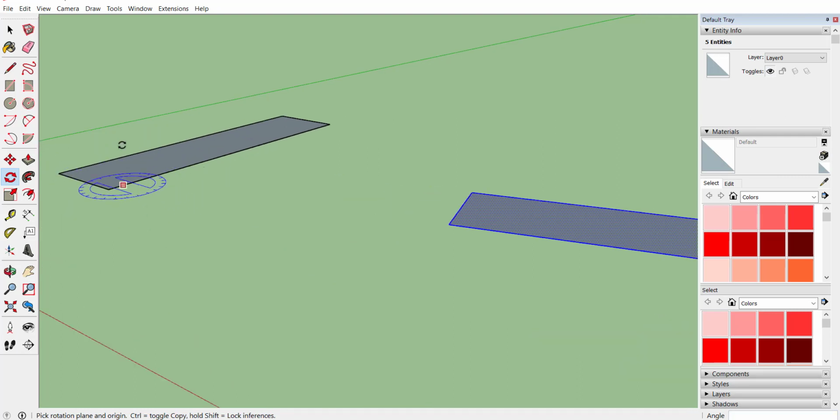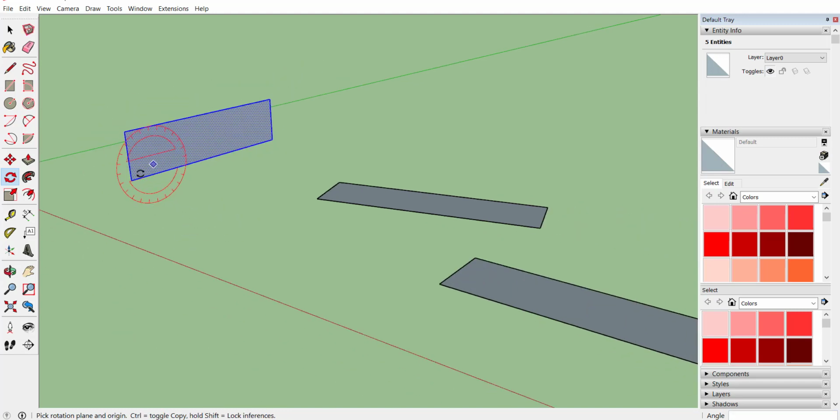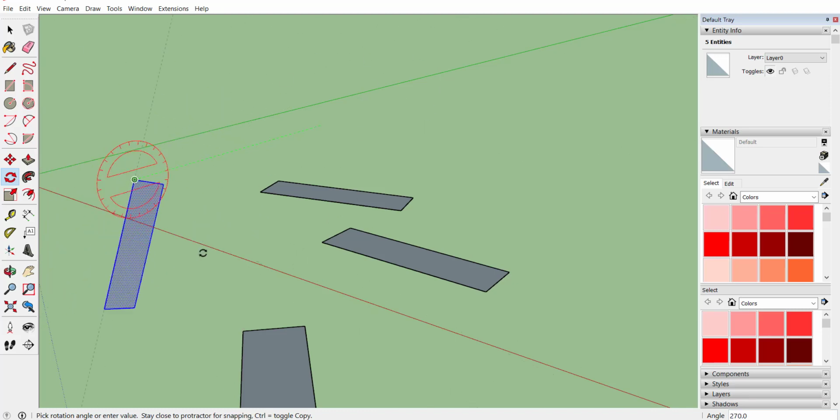Now if I want to rotate it with reference to the green axis, hit the left arrow key, pick up the point, axis. Now you can rotate that object with reference to the green axis. Consider the rotation angle as 90 degrees. Type 90 and hit enter. Similar way, to rotate any object in the red axis, just hit the right arrow key, pick up the point, rotation axis and you can rotate according to your required angle.